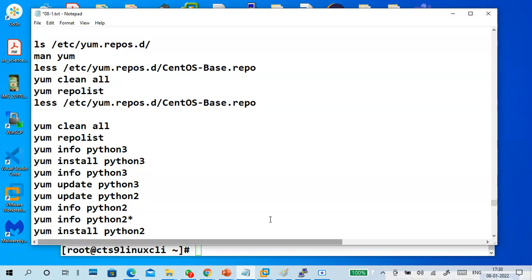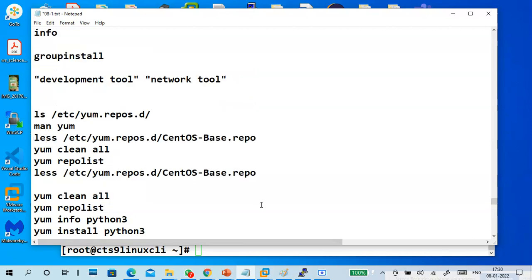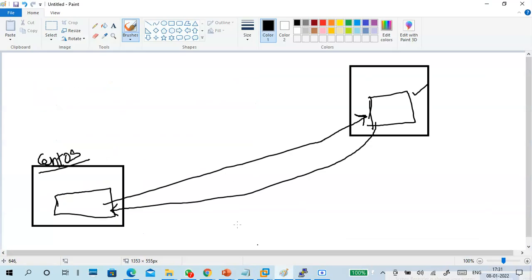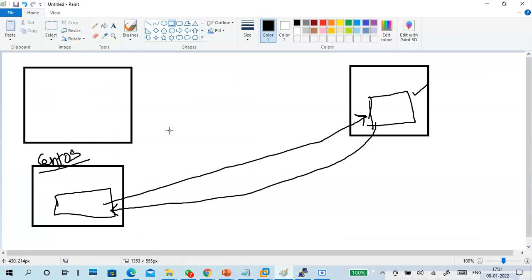Next, repositories. So how do we solve these dependencies, and what is a repository? Very simple: store the package data in a single location and tell where the data is located. Store the packages in a location and share the package information through a service like HTTP, FTP, or NFS.